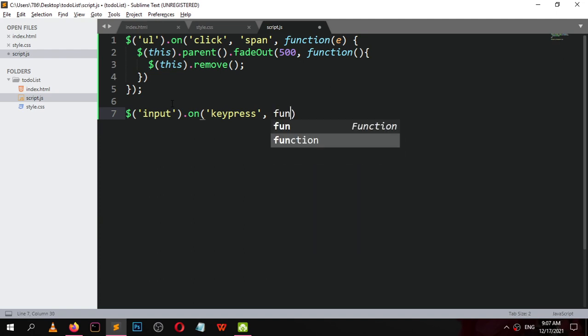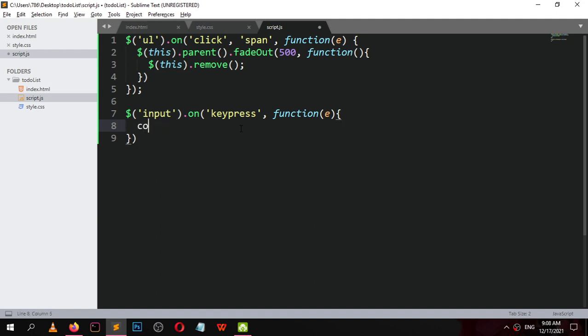Call a function with event. To check the key press event, we can use the which property, e dot which. It will give the code of the key which is pressed.